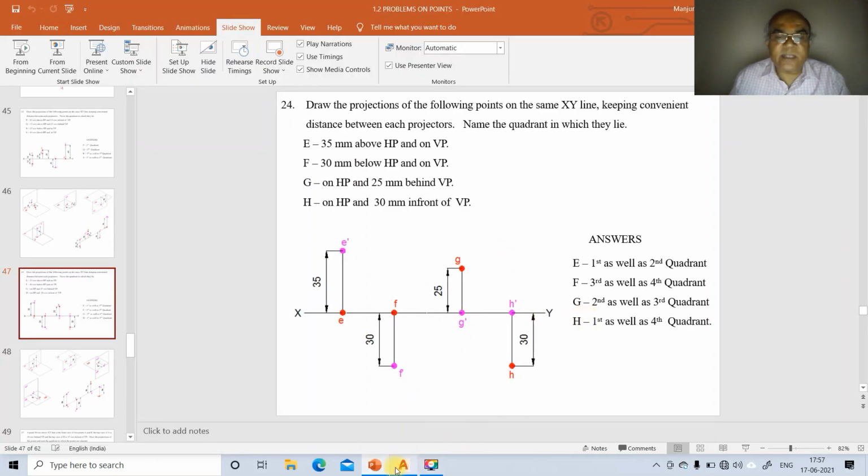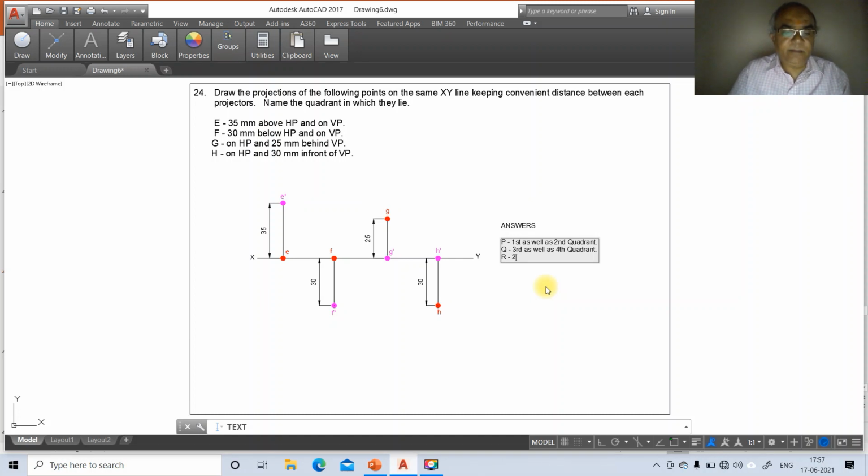Capital R second as well as third quadrant. Capital S. So here first as well as fourth quadrant.